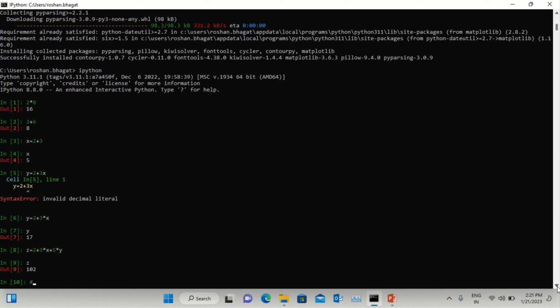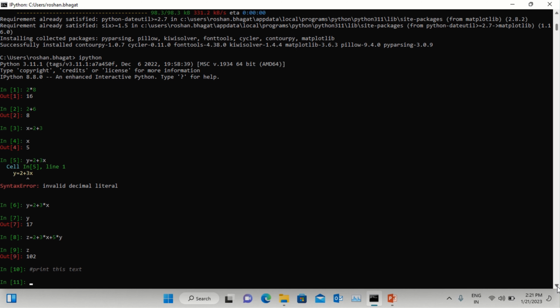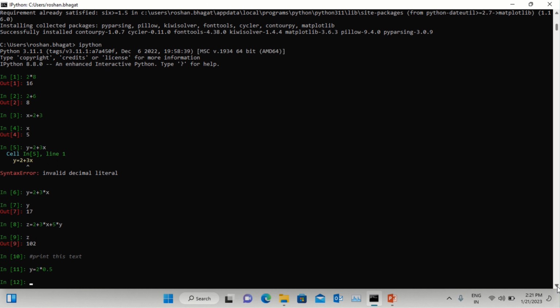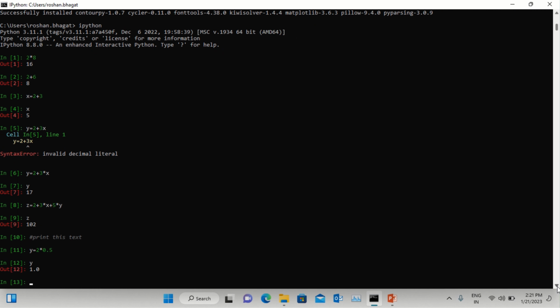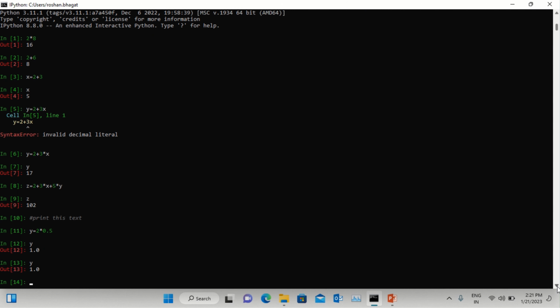If somebody wants, you can write print this text, so it will just ignore the things. So you can see it has ignored it. Or even if I say, let us say y is equal to 2 to the power 0.5, it will give you the value of y that is equal to 1. So if I say y again, it was 1. So similarly you can